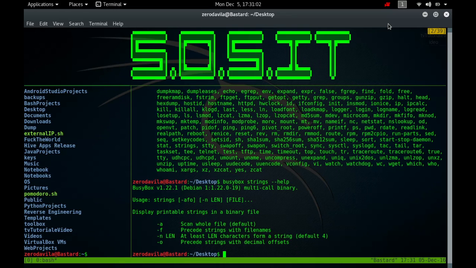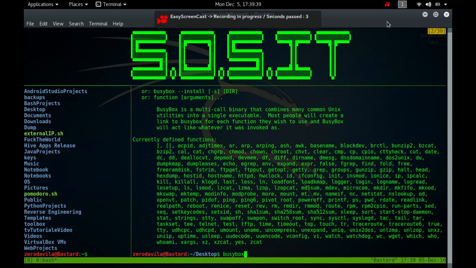Perhaps the most commonly used strings option is -n, which when followed by an integer tells it to return strings which are at least the number of that integer in length. For example, the command to display all strings in the files file1 and file2 that consist of at least 2 characters would be strings -n 2 file1 file2.